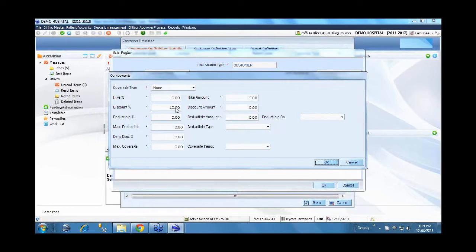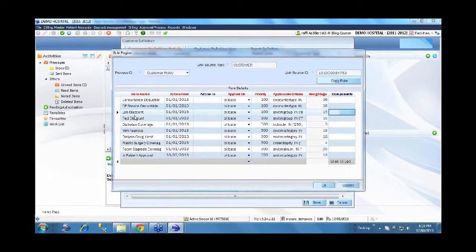Similarly, for each category of service or specialty-based, dental alone a different discount, other specialties a different discount. Any conditions you may have when you want to give a specific discount against the price list, whether based on category or specialty or whatsoever, however complex the condition is, you can define that in the criteria and specify what the discount is.